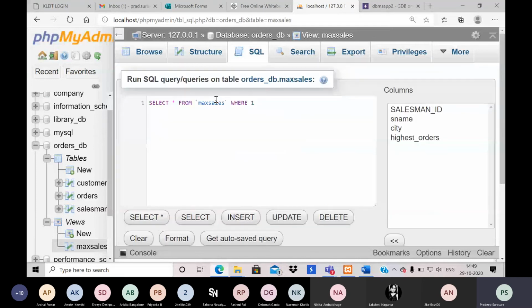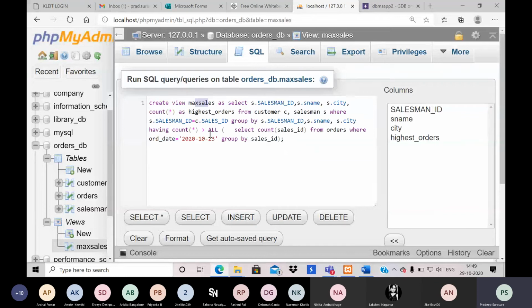So this was the earlier query which was successfully executed. After the execution, I just push this value to this particular view. Now when I execute this, I will just get view created. So to display what are the contents inside, I will write select star from max sales, so that whatever is inside max sales will be displayed.